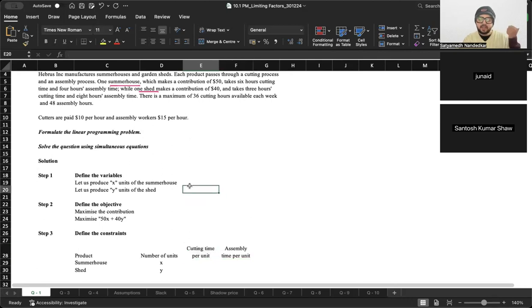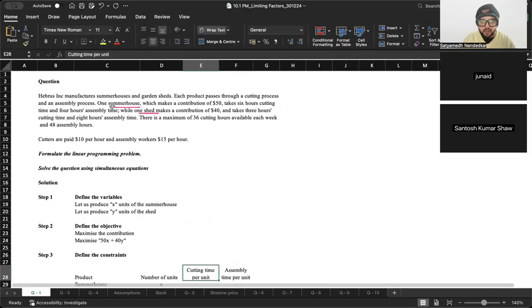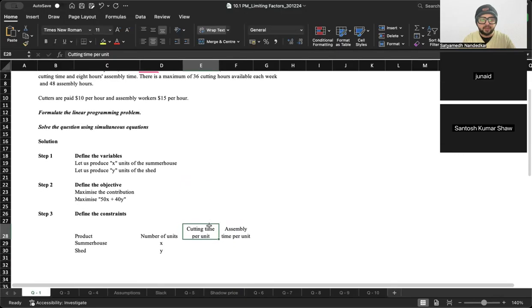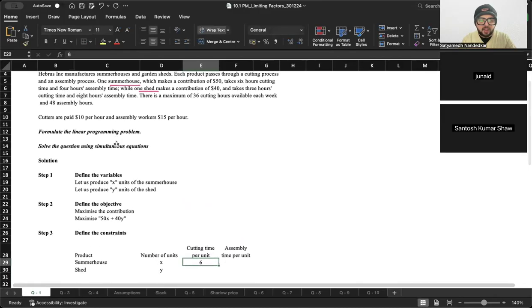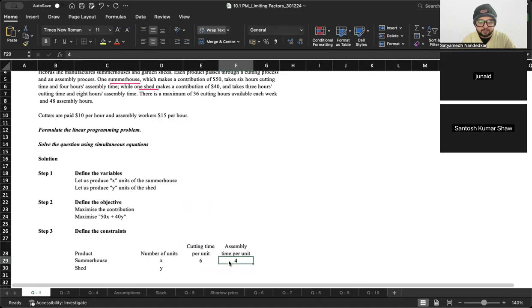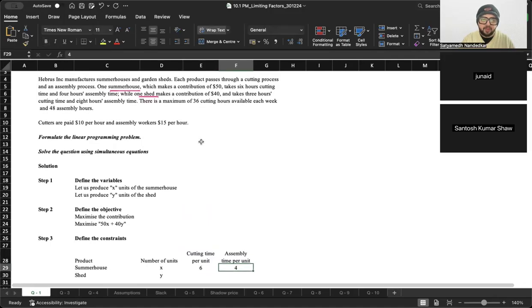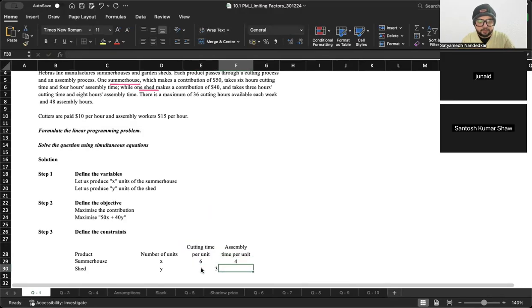These are the two activities, cutting and assembly. When you do cutting, see what they have given here. One summer house, which makes a contribution of 50, takes 6 hours of cutting time per unit, and 4 hours of assembly time. While one shed makes a contribution of 40 and takes 3 hours of cutting time and 8 hours of assembly time. So we have now defined how much time each unit of summer house takes for cutting and for assembly, similarly